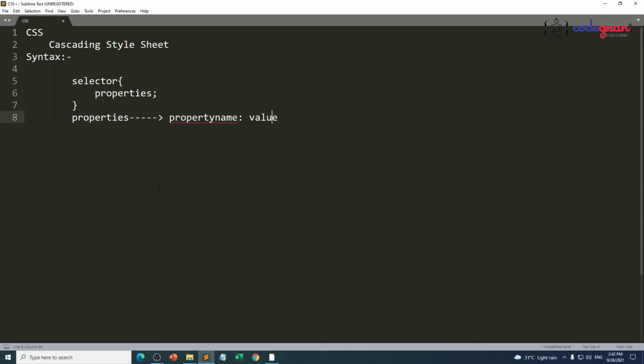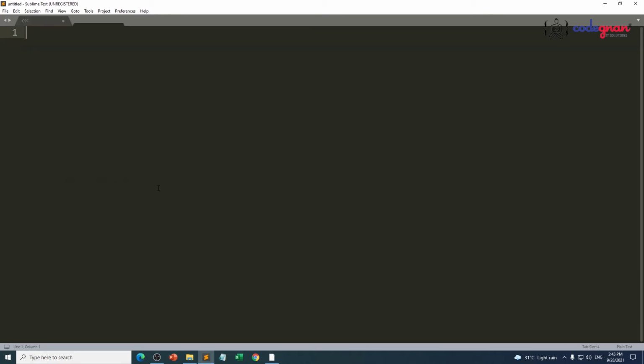You have to separate the name and value with a colon and end with a semicolon. The semicolon gives the separation and lets you understand what the property is and what the value is. We will see one example, then you will clearly understand.